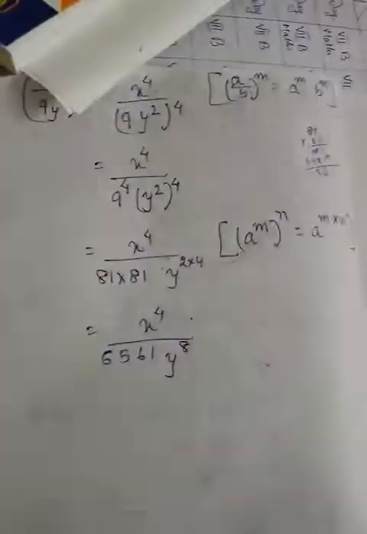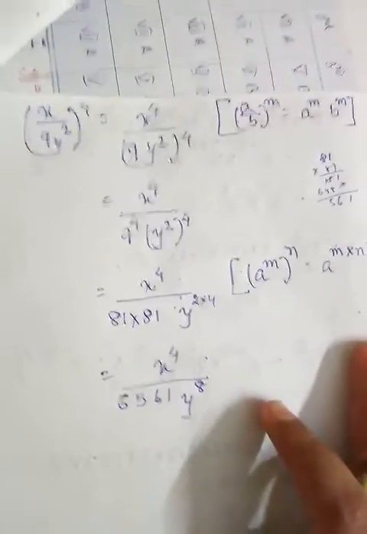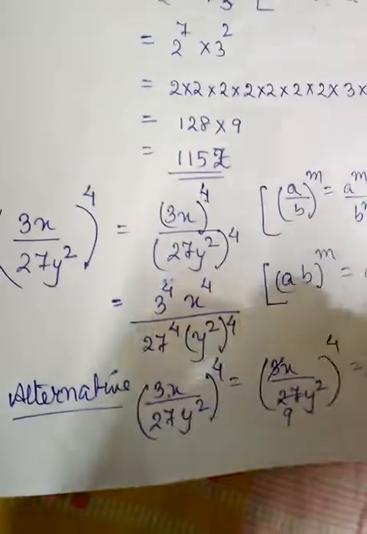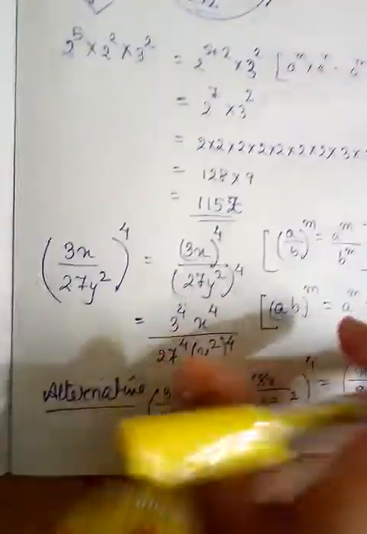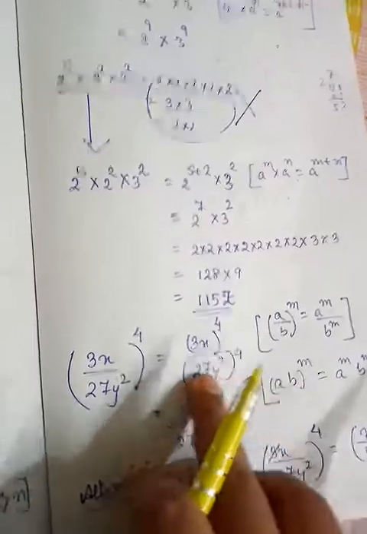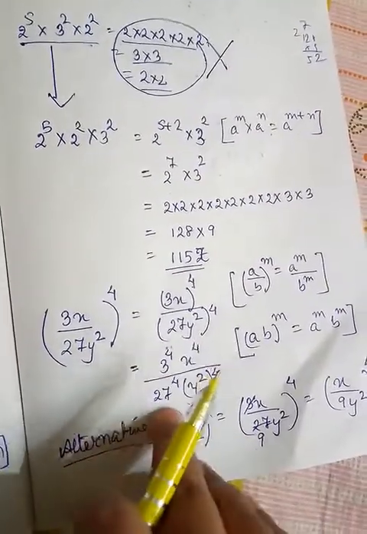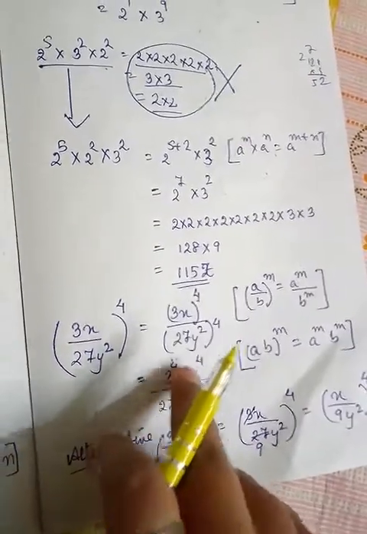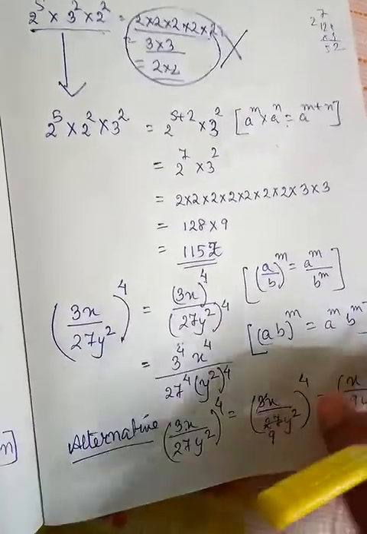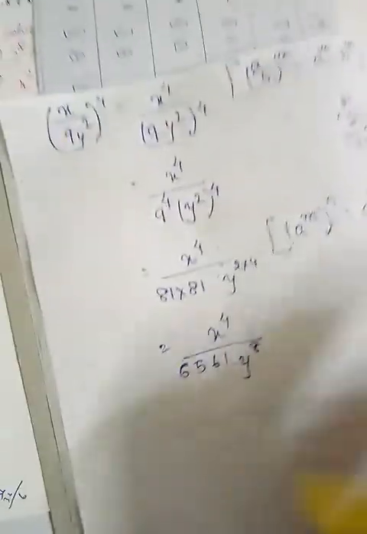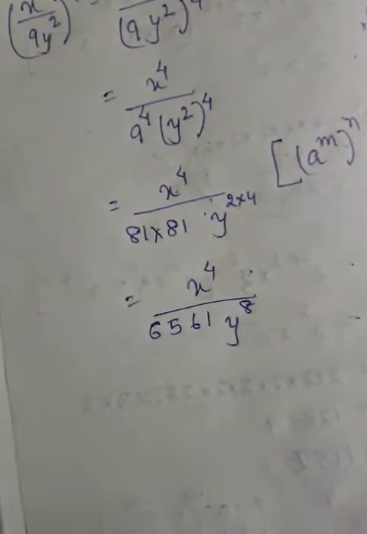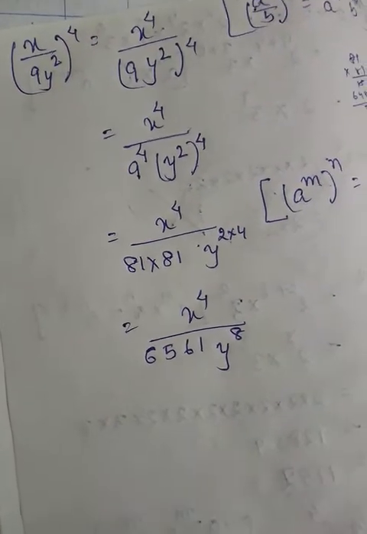So, there can be two ways. If any fractional question is there, before using the laws of exponents, first you can simplify it if it is getting simplified, and then you can start using the laws of indices. Or you can directly start using the laws of indices. It will be a bit difficult for calculating, because 27 to the power 4 is a bit difficult, but both are correct. Clear, children? So, once you have learned the various laws of exponents, henceforth whenever you get any question, you will now use the laws of exponents to solve.